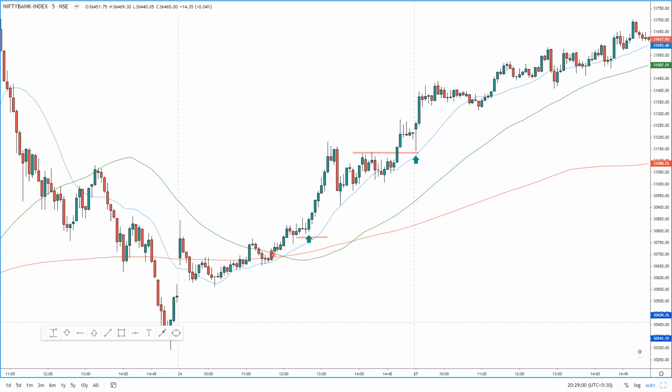Now, after this pullback bar, we can take entry above this bar. That is also fine. There is no issue in that. And you can place the stop here. And I would say that this is a much better entry than this wide range bar. Why? Because you are getting a better risk reward here. Okay. Then prices,